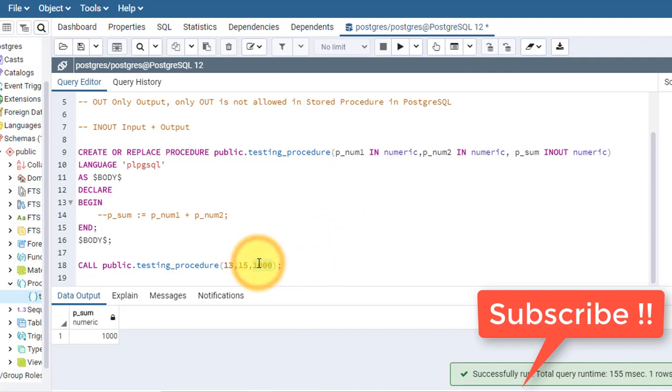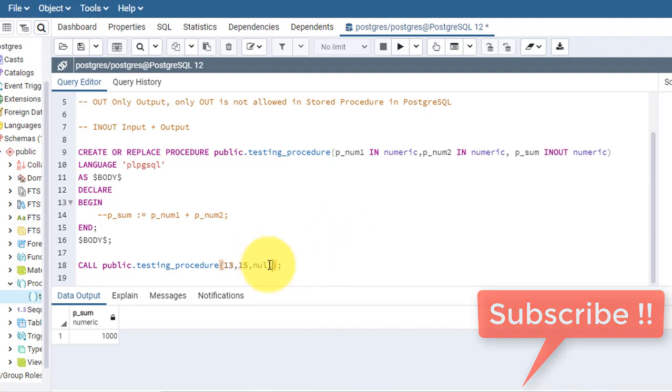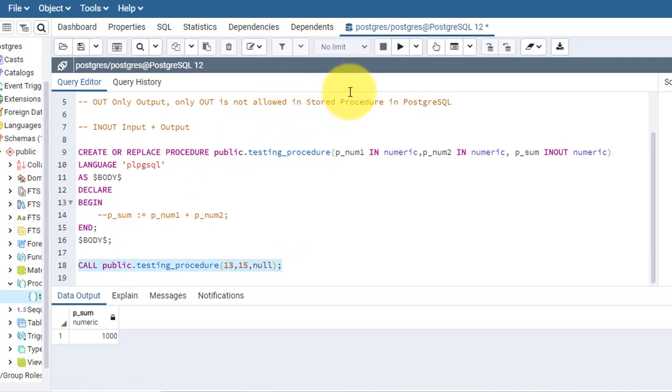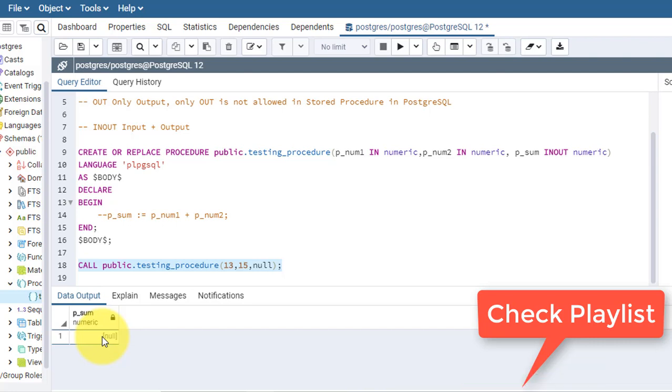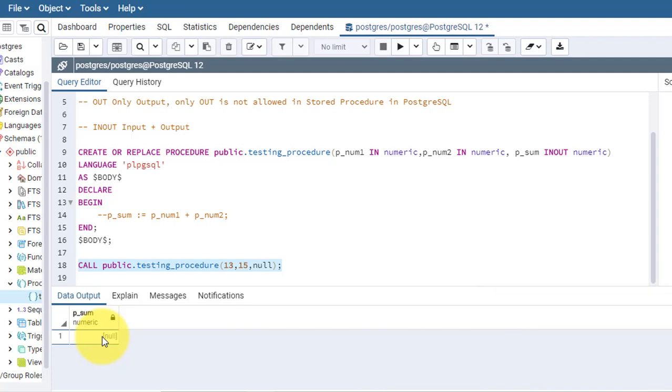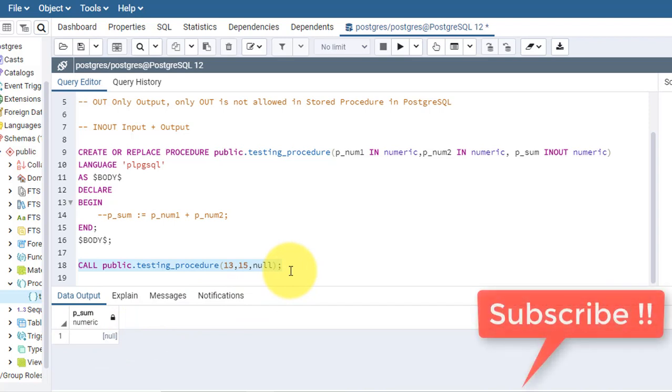Now what will happen if I pass null here? It won't give me any value, but it will give me null. So this is not the correct way to work on numeric values, because whenever we get null, an arithmetic operation on null is null, just like infinity. When you add something to null, it will be null.